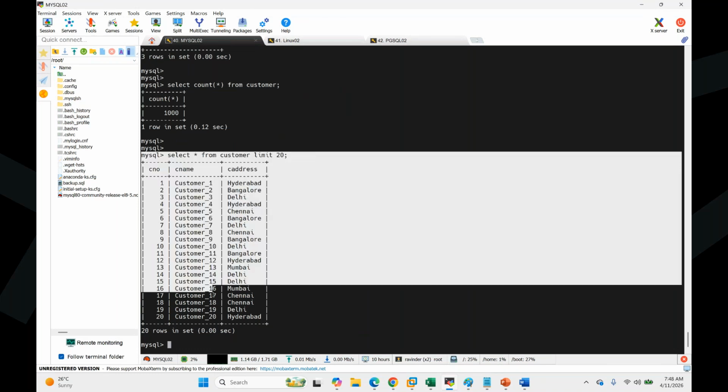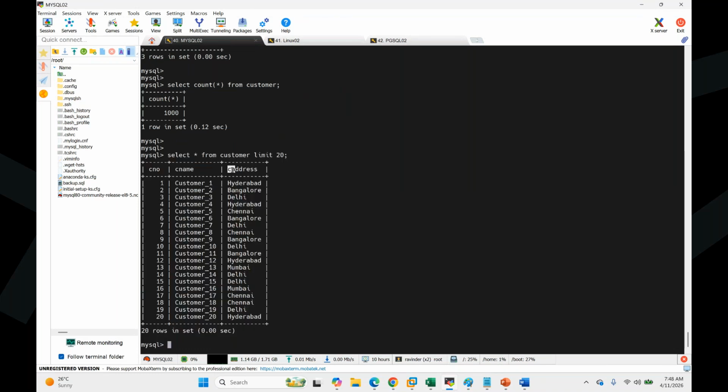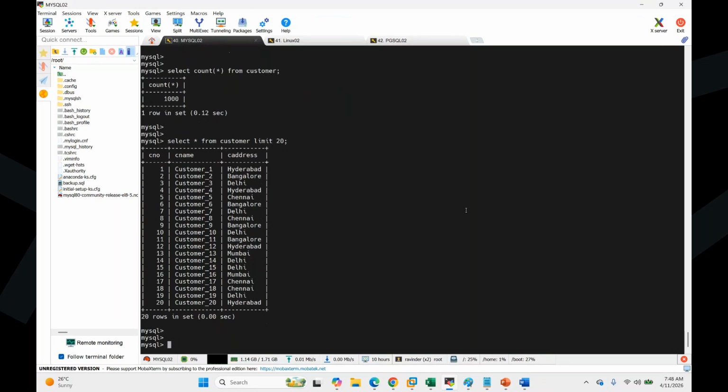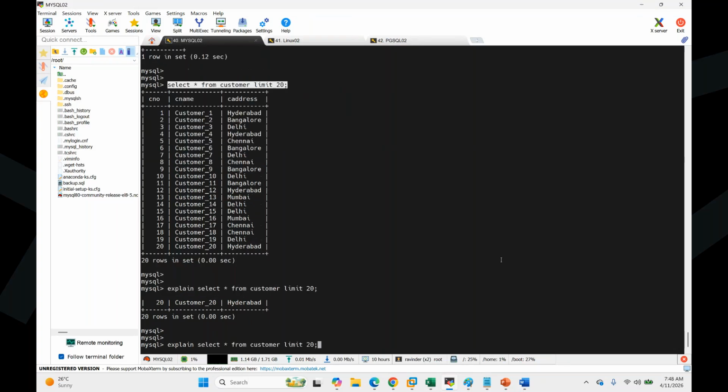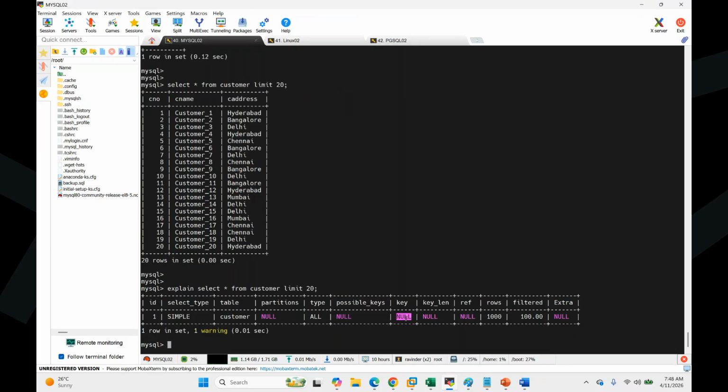So I'm going to create an index on the address field. Let's create it. Without the index, let's do this: explain the same query. What happens? This will do scanning of the entire table, no keys, no supporting keys at all for the query. If there are no supporting keys, then it will scan the entire table. It is going to read all the data, which we don't want, in fact.